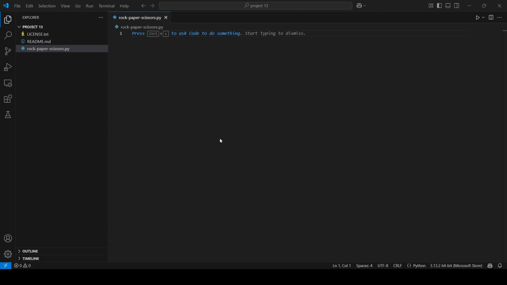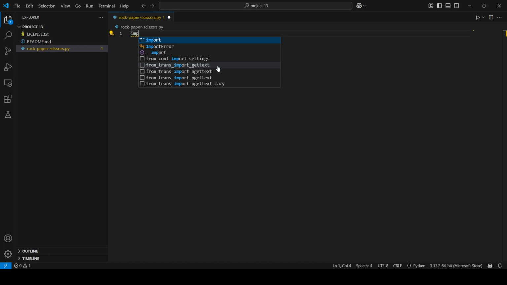Hi everyone, today I'm gonna do another project of my 100 Python project challenge, and in this project I'm gonna do a rock paper scissors implementation in Python. And first I will start by importing the random module,